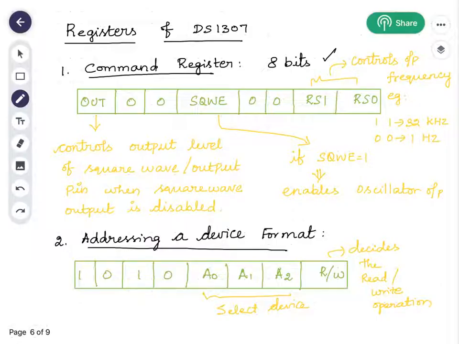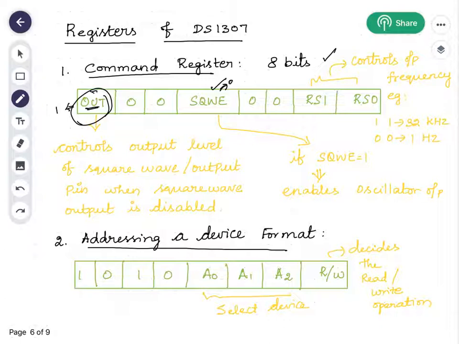If the MSB of the command register is 1, then this bit is going to control the level of the output of the RTC device.